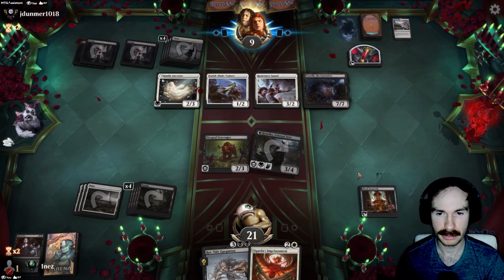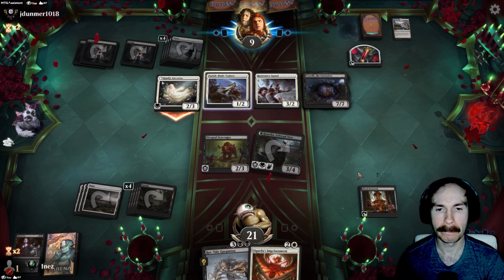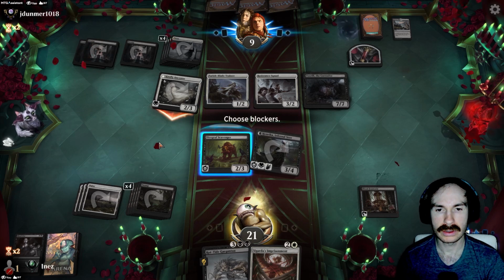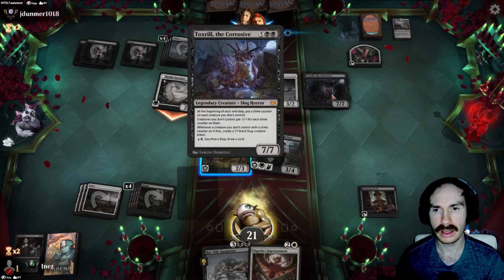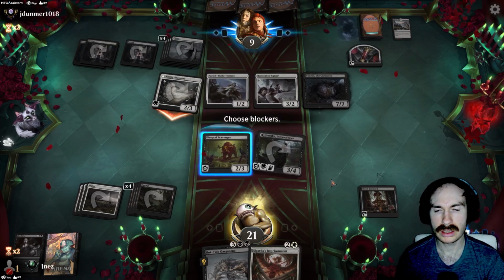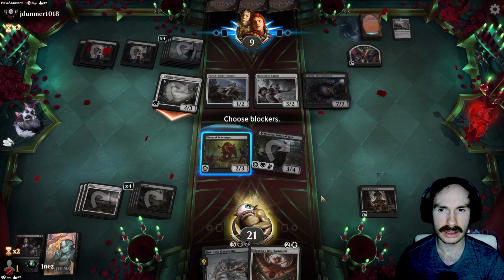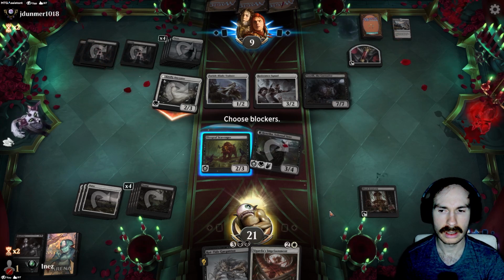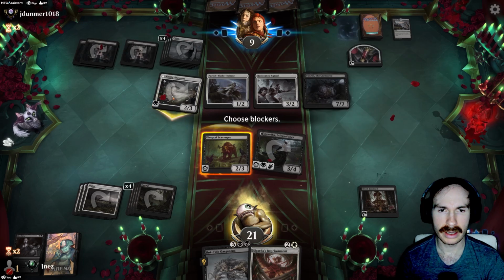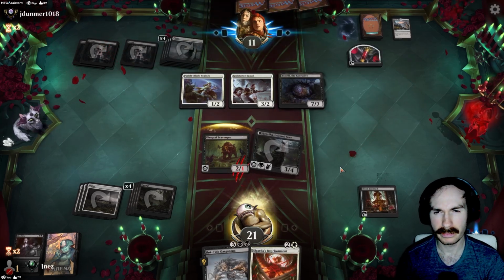Oh, jeez. Well, I'm going to have to deal with that as quick as I can. So if I block here, Scavenger will die, and they'll get a slime token. If I draw a land, though, I can deal with Toxrill right away. If I don't draw the land, though, I won't even get the opportunity to do this block. So...